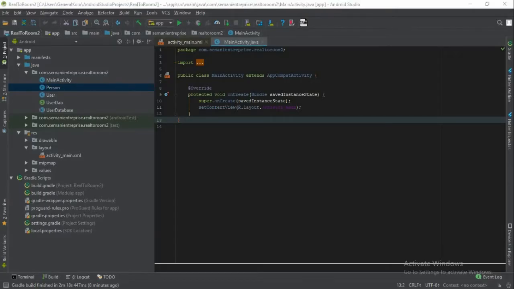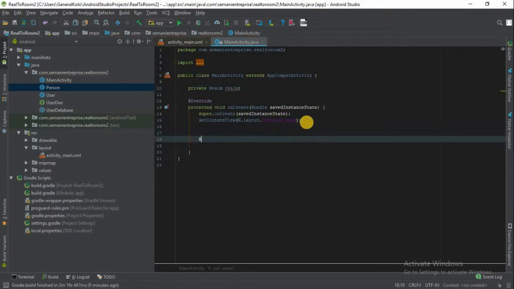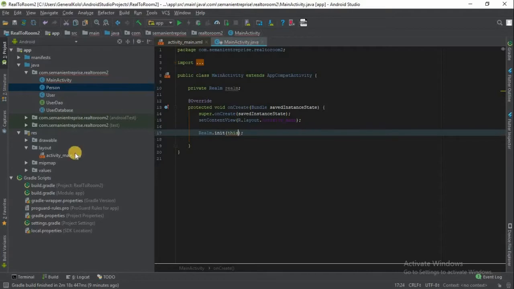Now we're going to head over to our main activity class. The first thing we want to do is instantiate our realm. In order to do that, you first create a realm object. I'll call this realm. Then we first want to initialize it in our application. So Realm.init has a context of this,